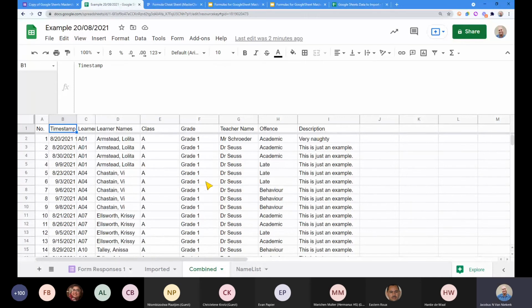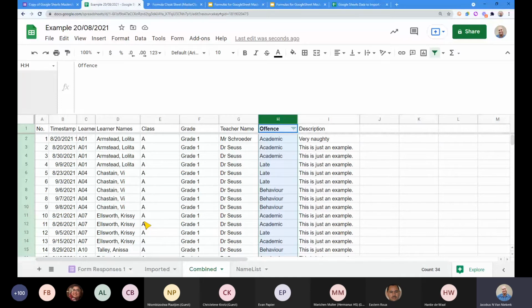Now, what I want to do now is show you the filter function. So if I select a column, let's say column A, or let's go for this offense column. If I click on the filter, create a filter, what it does is it creates what we call a quick filter. It's important to note that anything I apply here, anyone else who's working on the same list will see that same filter having been applied.